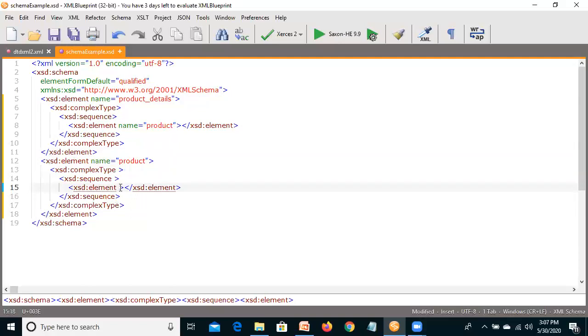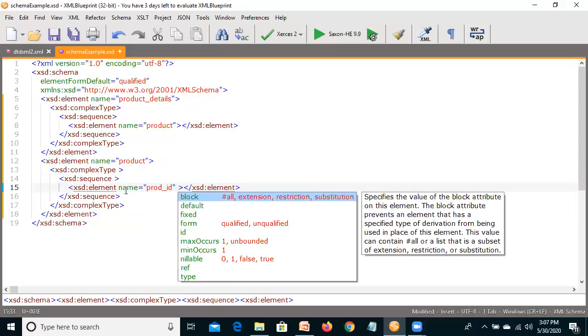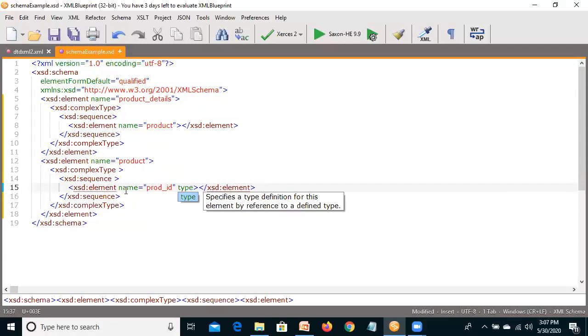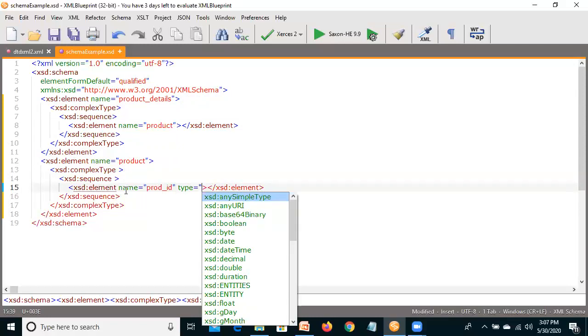Element name is product ID. And we have to specify the type also. What type of value it holds? It holds product ID, so we'll give integer.